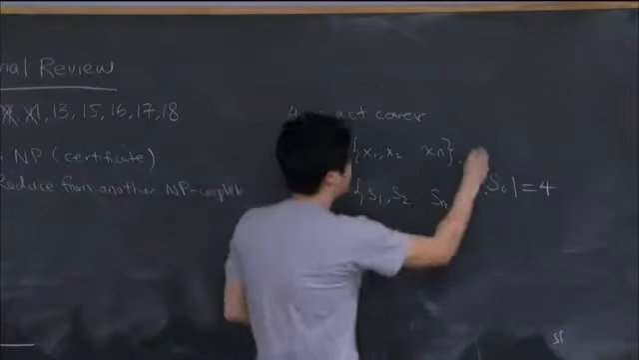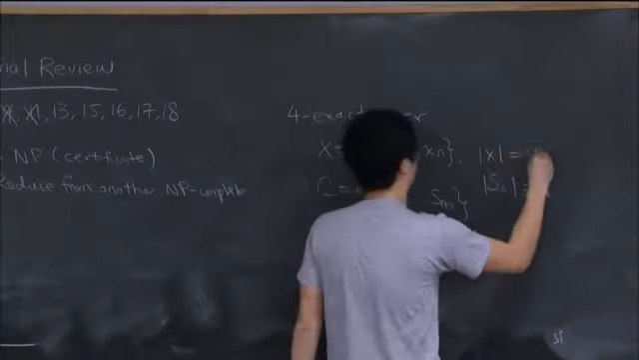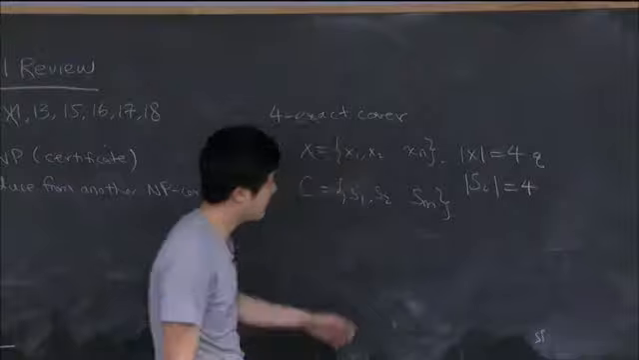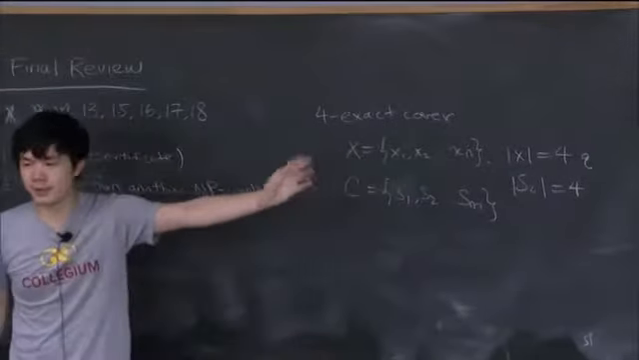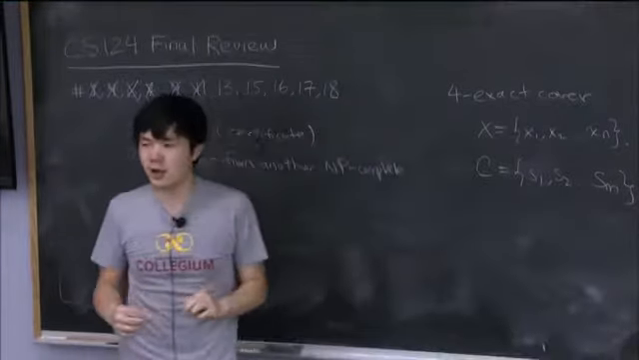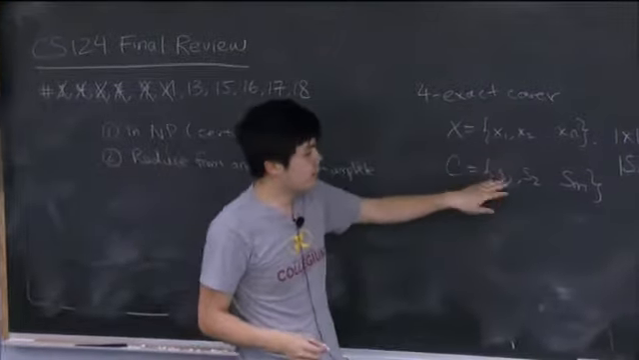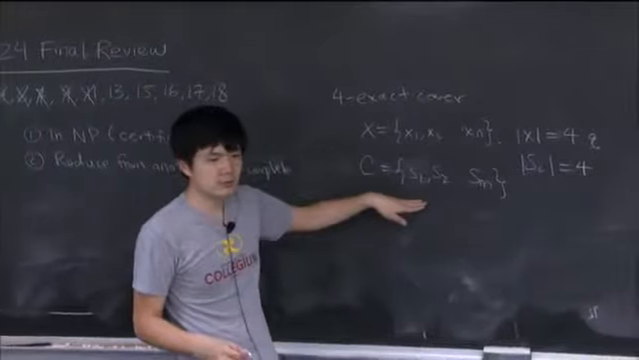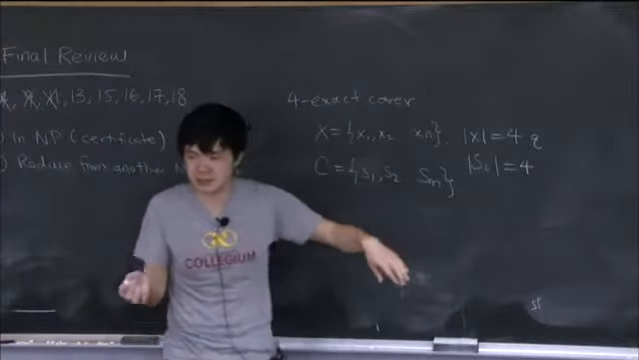And the size of x is exactly 4 times some number q. So x has some multiple of 4 elements. Maybe x has 40 elements. And then each of our sets has exactly 4 elements. And our goal is to find me a collection of these sets, a collection of 10 sets, such that